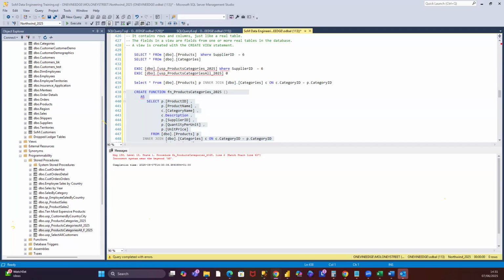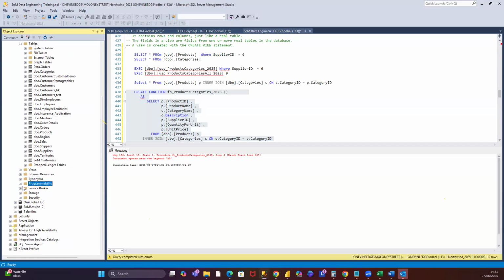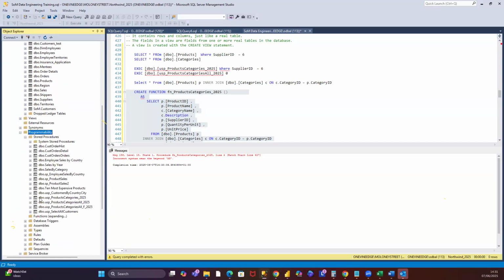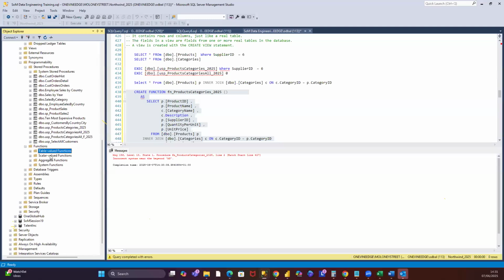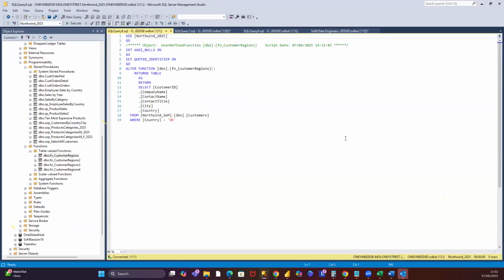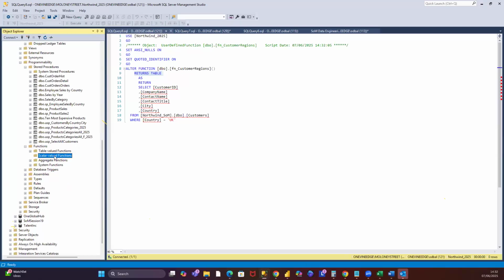I'm just looking for something, let me see, functions is here. It's under programmability. Okay, there's function. So what did I not do right? You can see here we have table value function, a scalar function, and the aggregate function. So table function, let me put this. I'm writing this. What did I not do right in the functions here? Okay, I didn't put the return table. Now you see the difference here. I'm telling it to return it as a table. And then here, the scalar one, we don't have any scalar here,